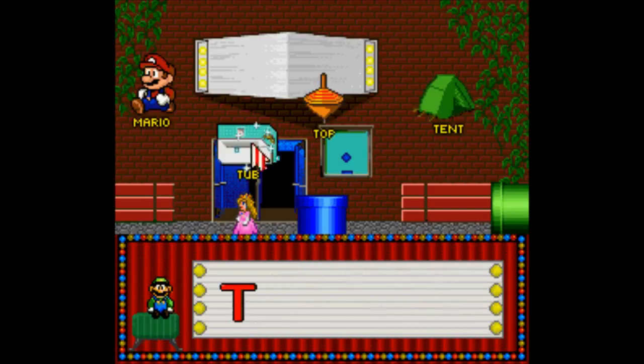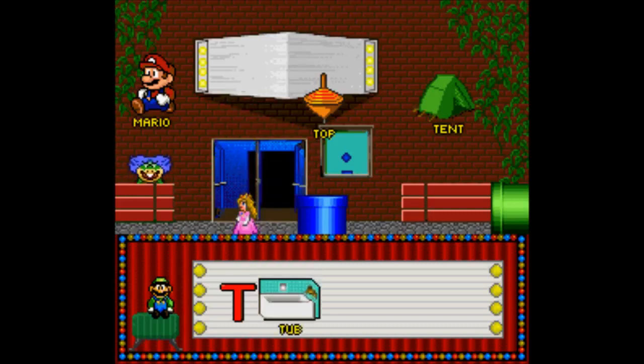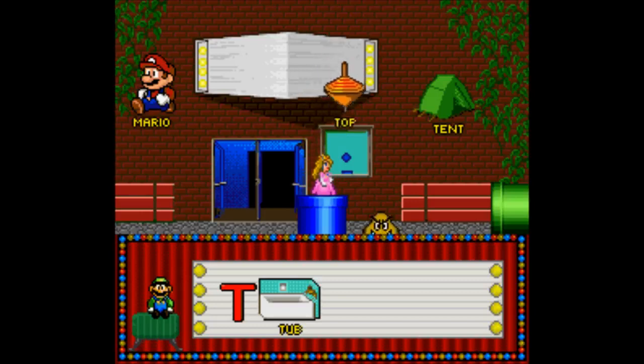Choose a word that starts with the letter T. Super. You chose tub that starts with T. Tub. Choose a word that starts with the letter T. That works for me.